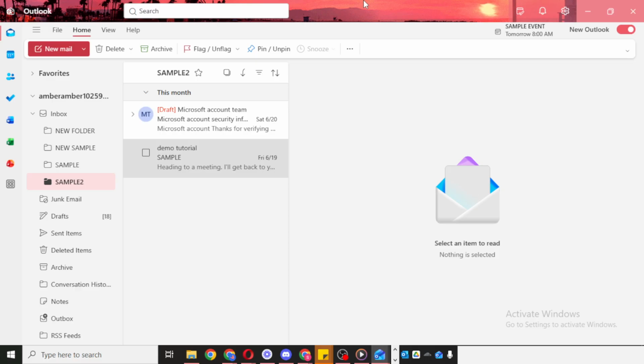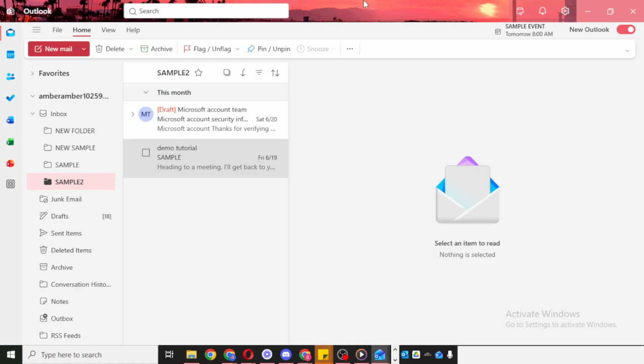You should now be able to view your email in a full screen mode, giving you a wider and more open workspace. As a quick tip, if you ever want to return to the previous window size, you can usually click the same area again to restore the window. That way, you can switch back and forth depending on how you prefer to work.